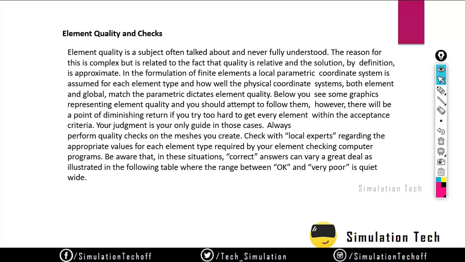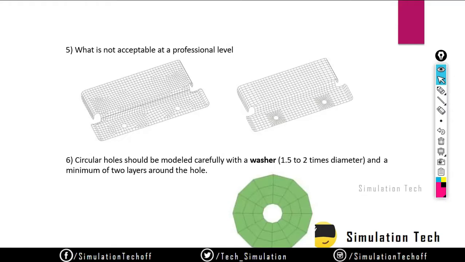Element quality checks. It means basically we have certain parameters to verify my element quality. So I just created a discretization process and created my mesh nodes and elements. How should I say that okay, my mesh is good? No, it is not good. So I can't say that by this structure.